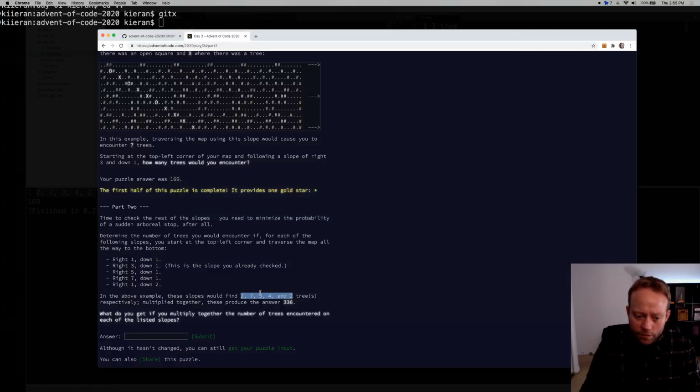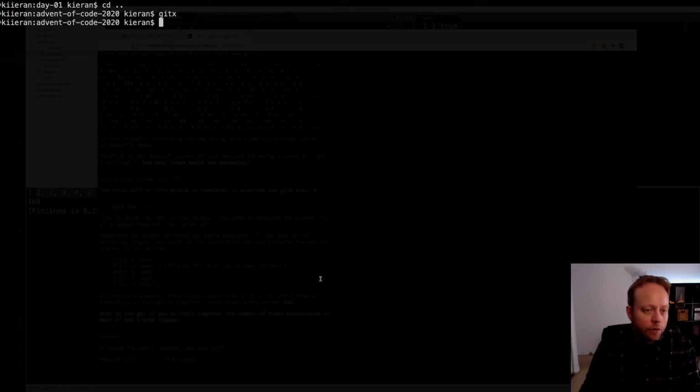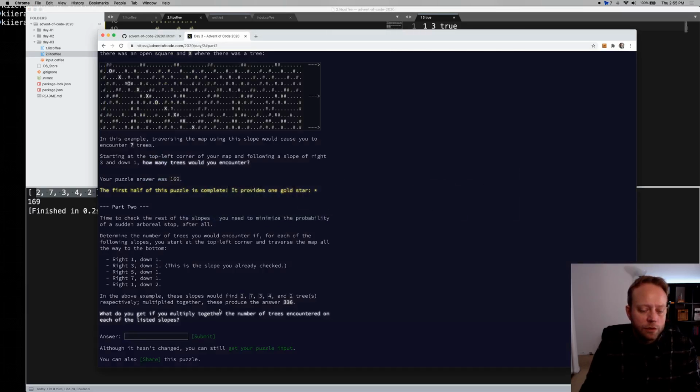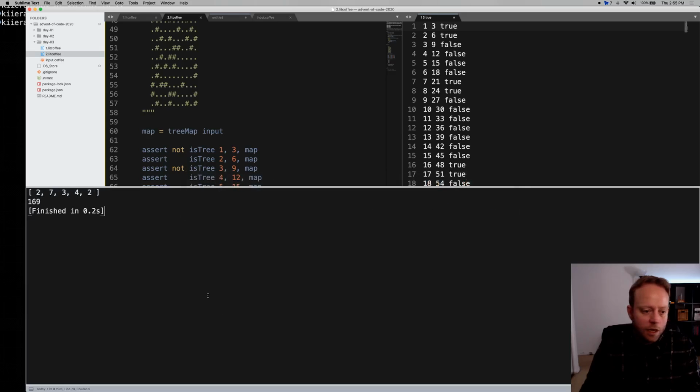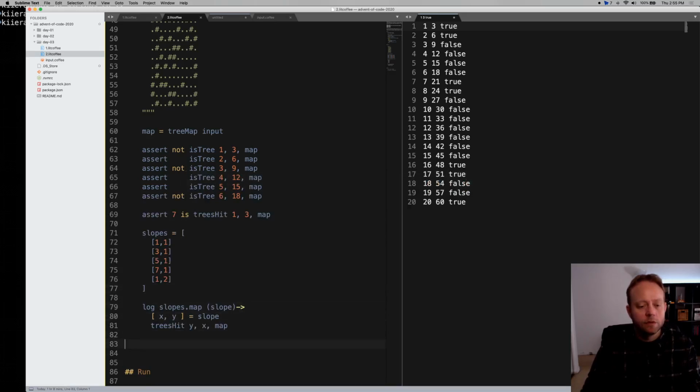And is that what they wanted? 2, 7, 3, 4, and 2. Okay, cool. So we're going to do that, and then we're going to multiply those together. So we need to pass that into a reducer to multiply. So slopes map